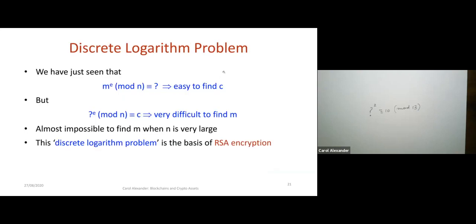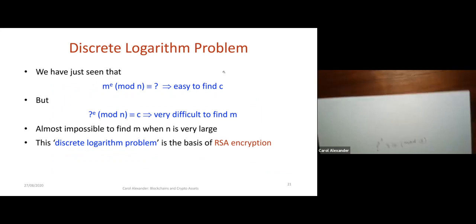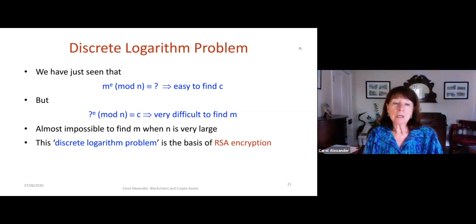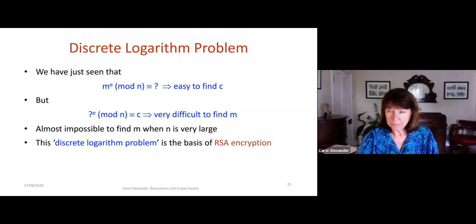This is called the discrete logarithm problem. We've just seen it in action. It's almost impossible to find this number M when this is very large. It's called the discrete logarithm problem, and that is the basis of what we call RSA encryption, which is a